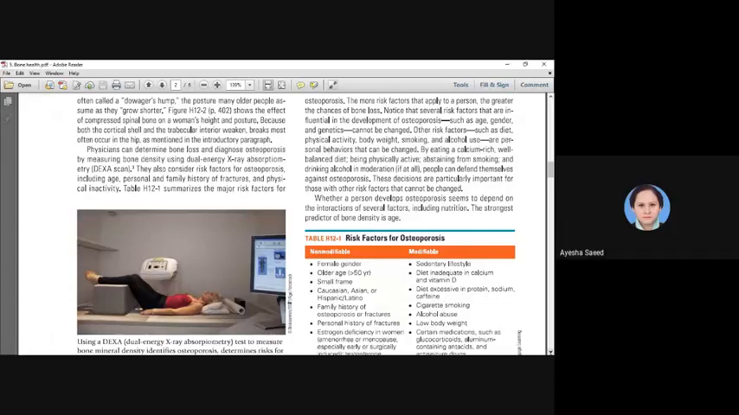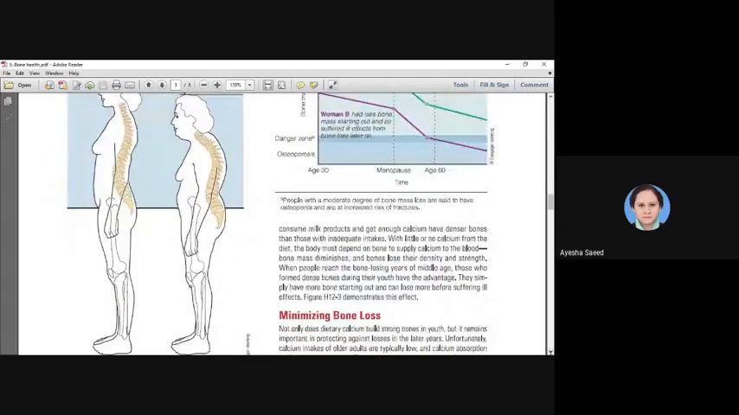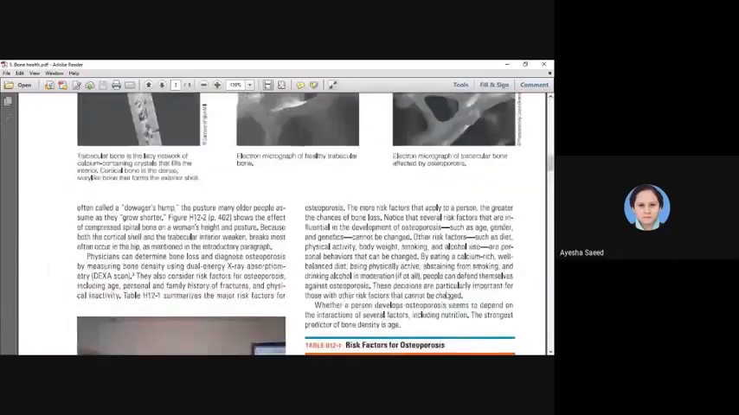Figure H12.2, page 402, shows the effect of compressed spinal cord on a woman's height and posture. So let us see that picture. Here is the picture. So the elderly woman that is more than 60 years of age, you can see a younger woman is standing upright, whereas the older woman's bones have disintegrated and compressed into each other, forming the dowager's hump over here. Because both the cortical shell and the trabecular bone weaken,